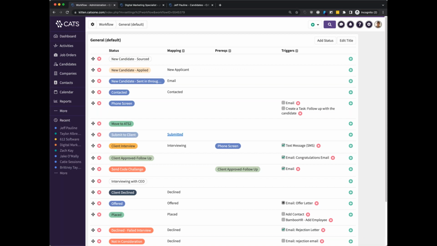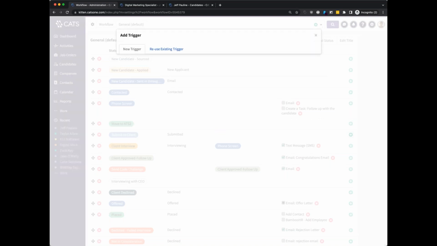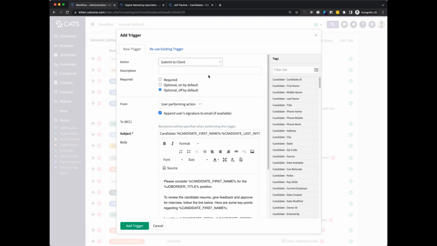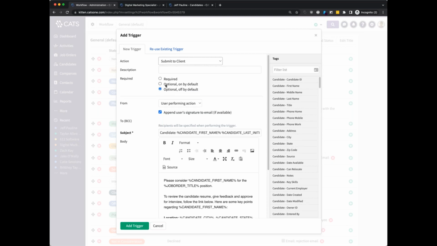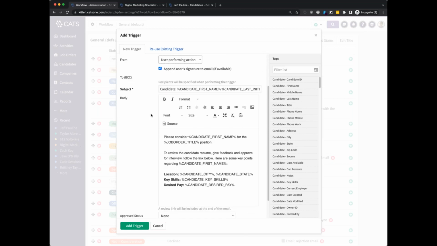But we're talking about submitting candidates today. So if I hit the plus sign over here in this row for this status, I'm going to add a trigger specifically for submit to client. Now, a couple things can happen here. I can change the required settings. I can change to whom the email comes from. But what we're going to focus on for now,